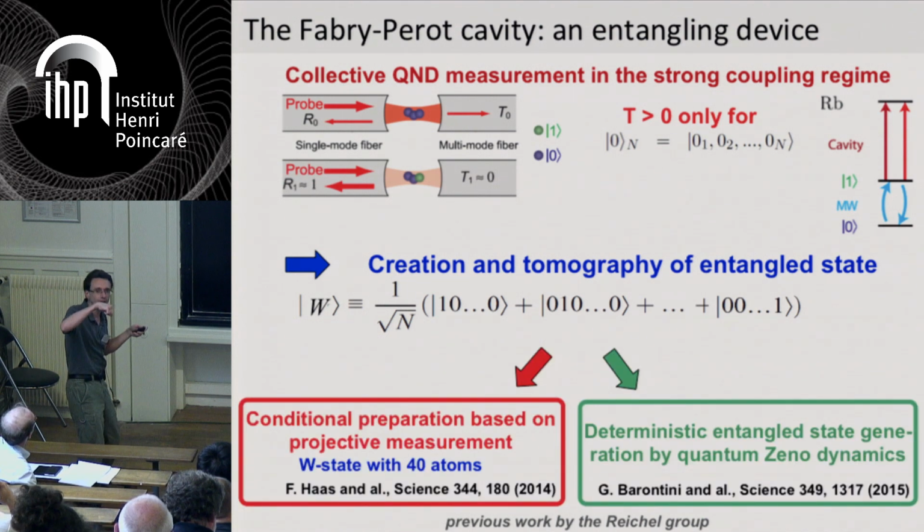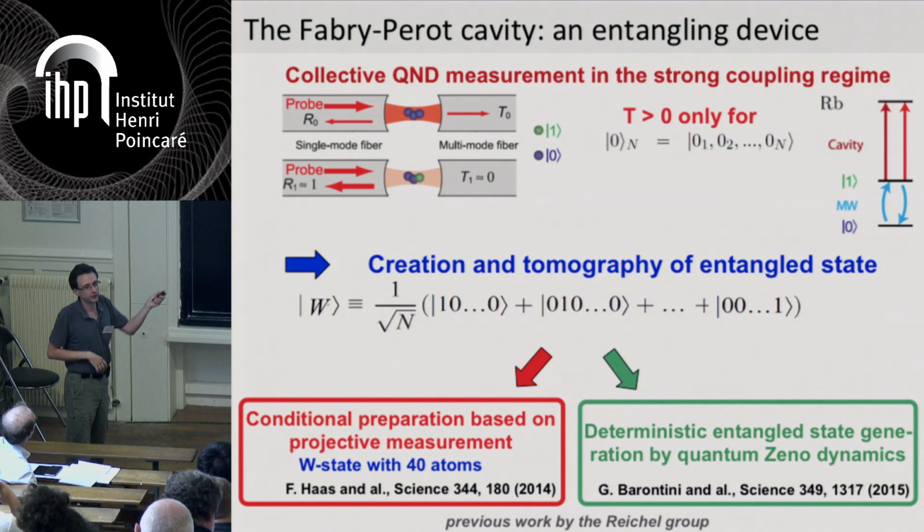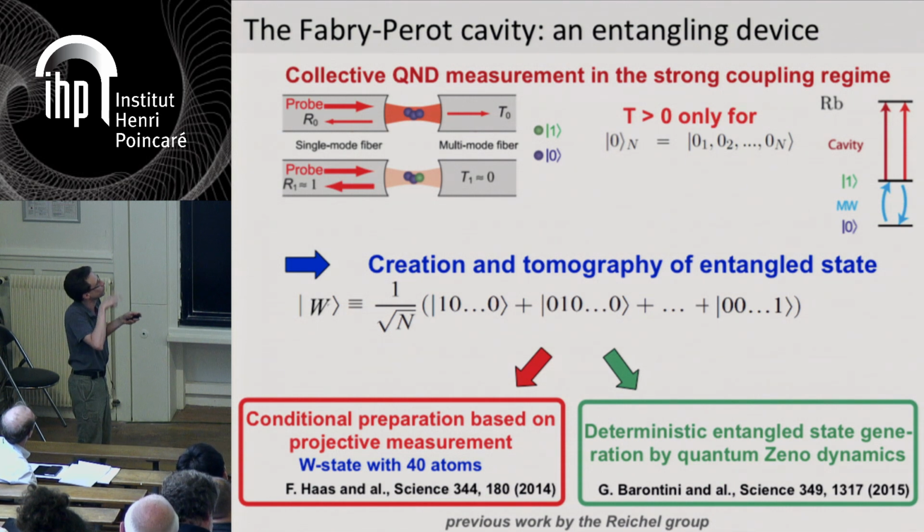One is just to slightly excite the system with a microwave and then perform a measurement. If the measurement shows that the cavity is transmitting, it means we're back to the 0, 0, 0, 0 state, and then we redo the excitation and measurement again. And as soon as we measure that the cavity is blocked, then with high probability, it means that there is only 1 excitation in the system because we made a very small excitation initially. And because there is no way to tell which atom has been excited, the final state is, to a very good approximation, this W state.